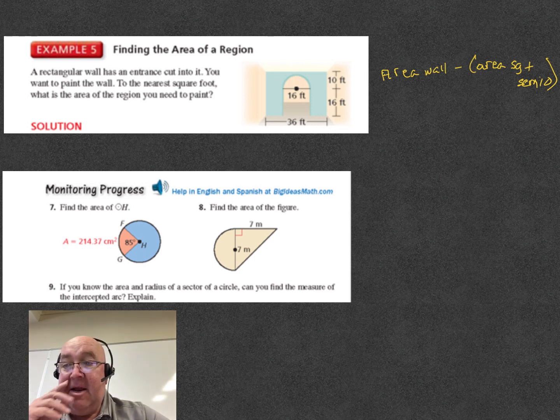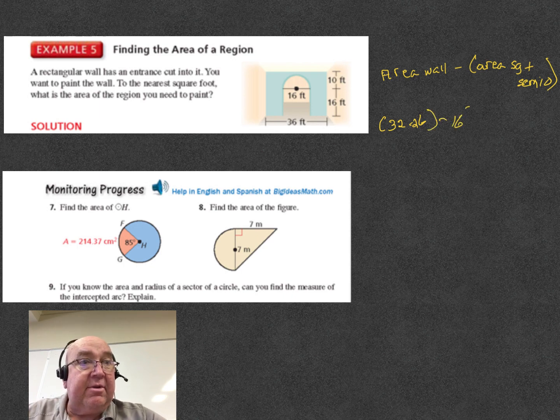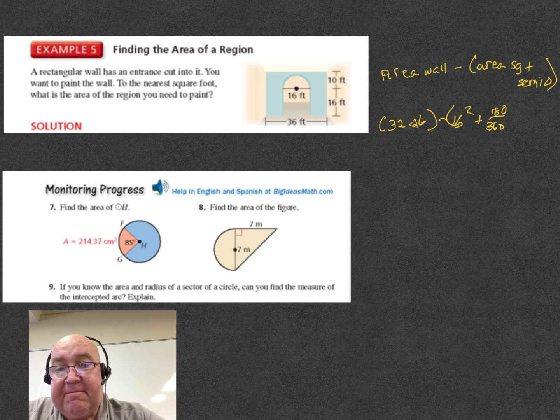So writing that all out, we're going to get 36 times 26 minus 16 squared for the square, plus 180 over 360 for the half circle times 64 pi,